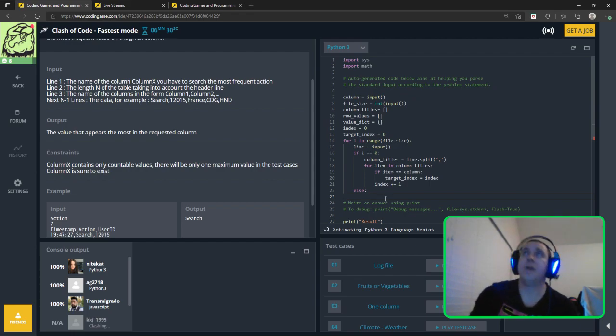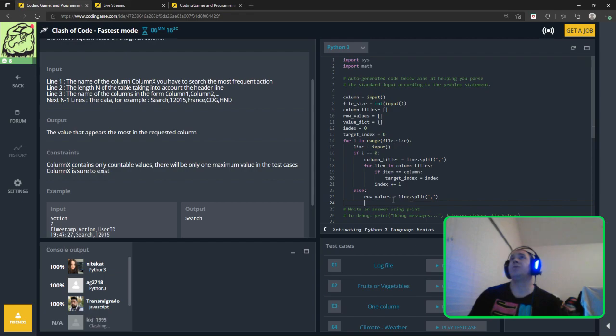So else, row values equals line dot split commas. Okay, so now we'll have a list that we can pick which one with the target index. So if row values at target index in value dictionary,